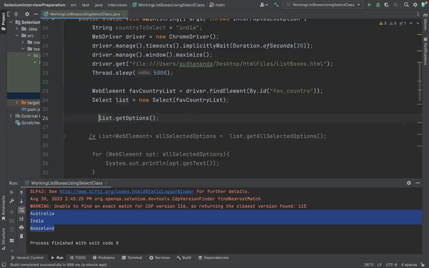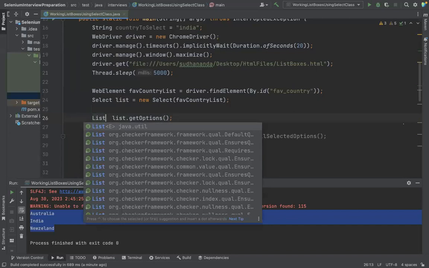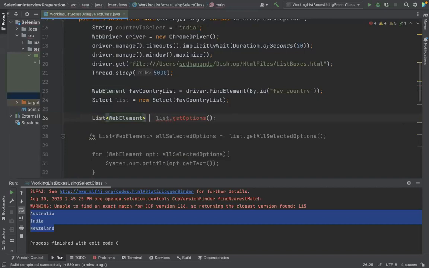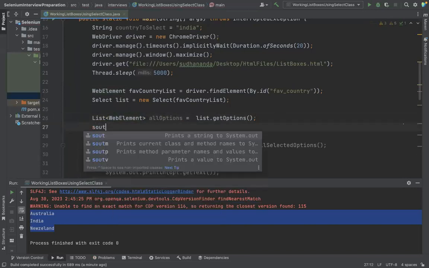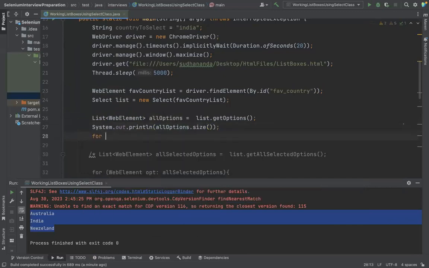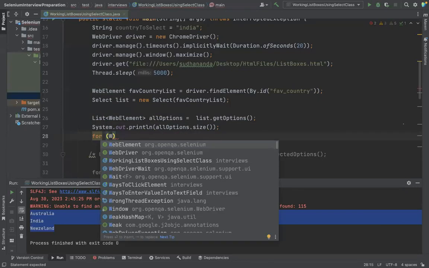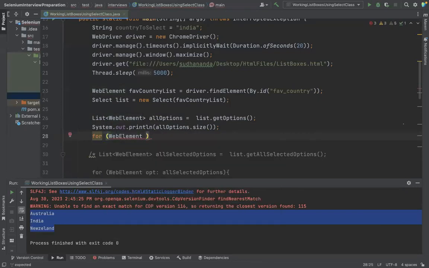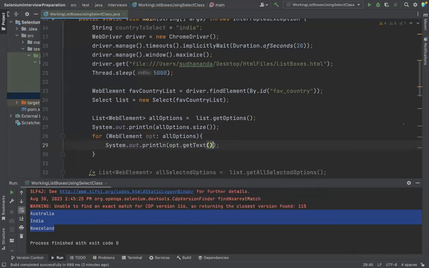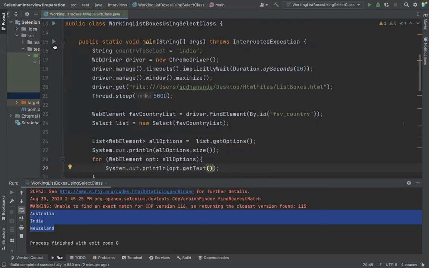So what get options does is it will give a collection of all the options in that list box, whatever the list box that we are working on, then it will give all the options. You see, get options is a method. Then if you want to understand how many are there, then you can say all options dot size. Then if you want to see what and all options are available, then you can loop through each and every option. Then you can print the option text. So get options will give